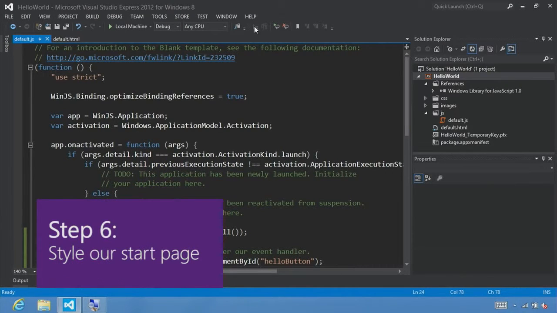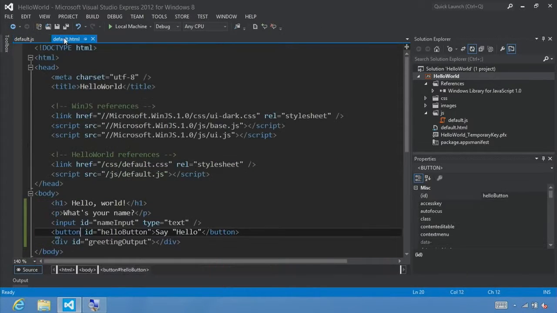Step 6, Style Your Start Page. Let's switch back to default.html and notice that we have a style sheet, ui-dark.css, declared in the WinJS reference. This is a Windows Library for JavaScript style sheet, and it includes a set of styles that automatically give our app the Windows 8 look and feel. And by using this style sheet, you get a number of benefits, including being able to work great with touch displays, automatic support for high contrast modes, automatic support for other languages, and automatic support for other reading orders, like